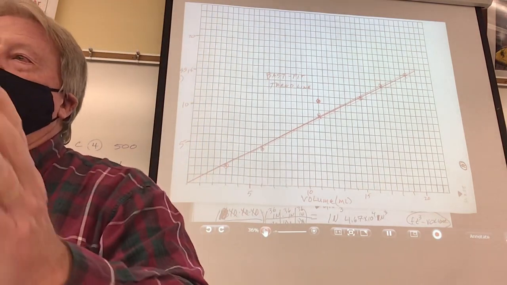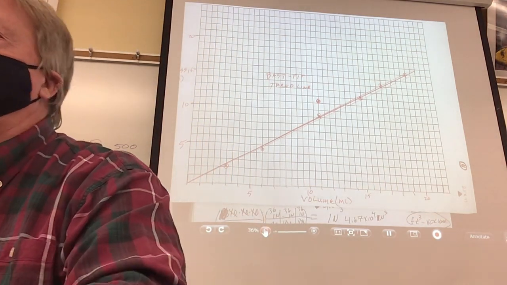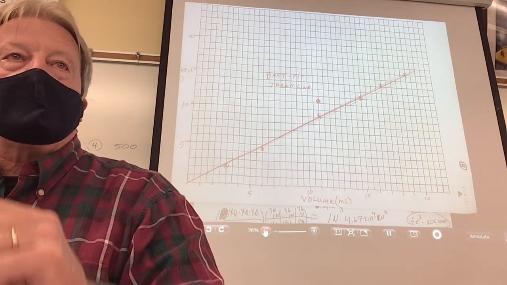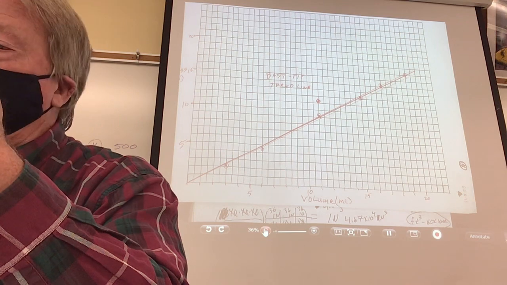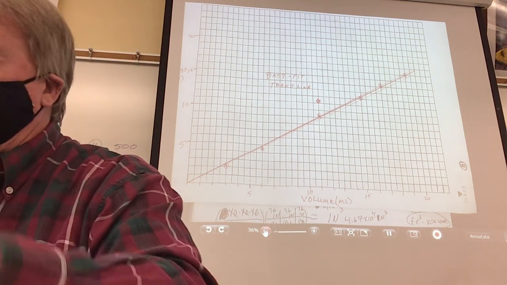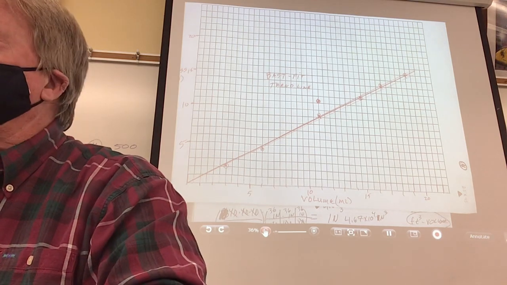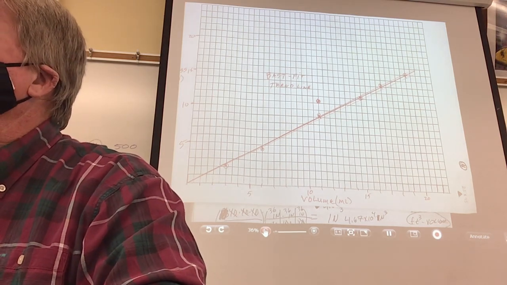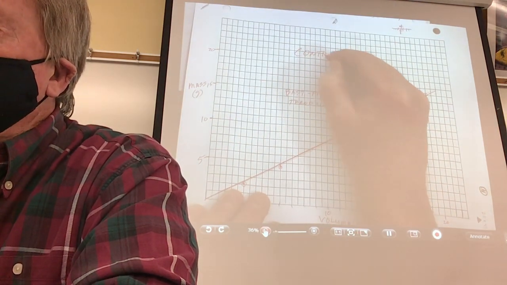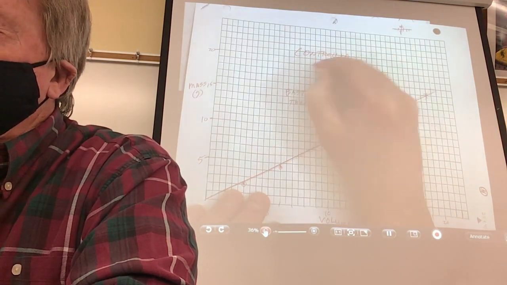And so what you need to remember is that the reason I did the experiment was not for the dots. It wasn't for the data points. I needed the data points, but my goal was not the data points. It was what? The line. And the line is the relationship between the variables. That's what I wanted. As a matter of fact, what we're doing here, and we'll talk more about this tomorrow, is in a controlled experiment,